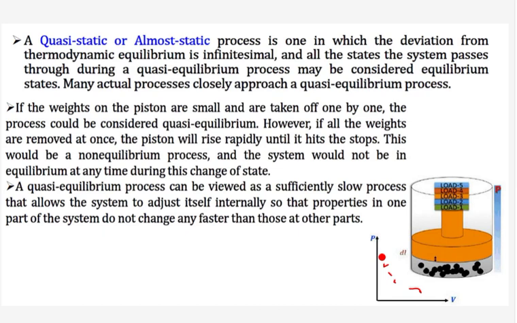If you are not taking help of the quasi-static process, then what will happen? You will know the initial state. If it is an irreversible process, a fast process, and you know the initial state and the final state, you will know these two points. But how will you join these two? I can join by any curve, any straight line, anything, n number of paths are there between these two points. So how will you know which path it has followed? To get the path we should take help of this quasi-static process.